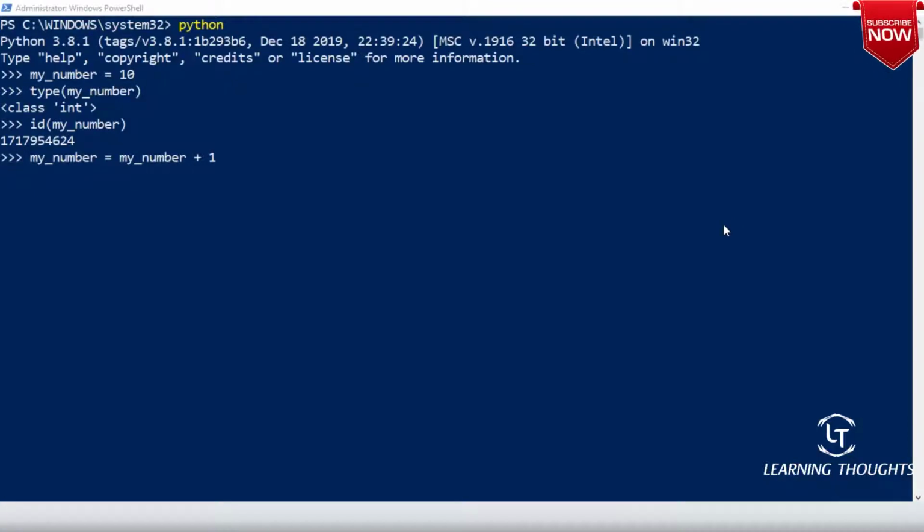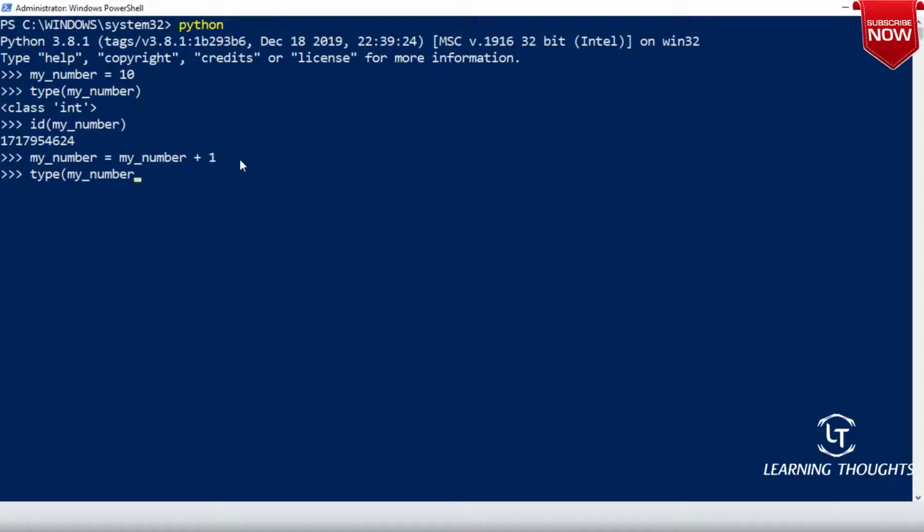Add 1 to 10 and store it with the same name. Yes or no? Do we have any problem with this line? Is anyone in the classroom having a problem with this line? No, right? Yeah, good.